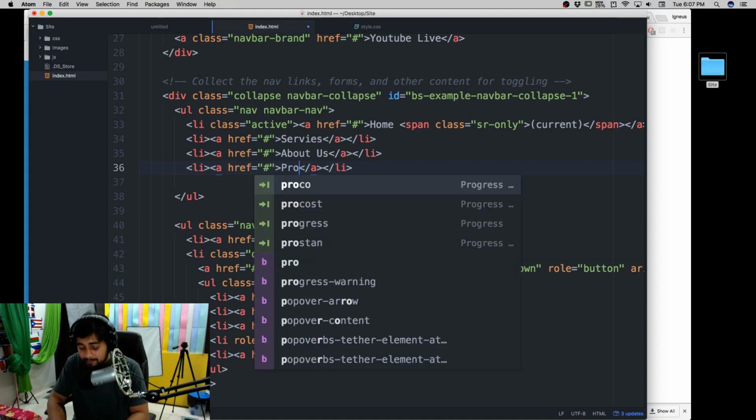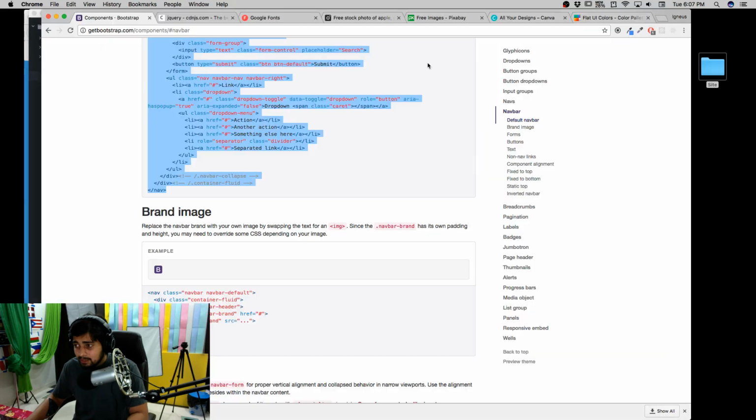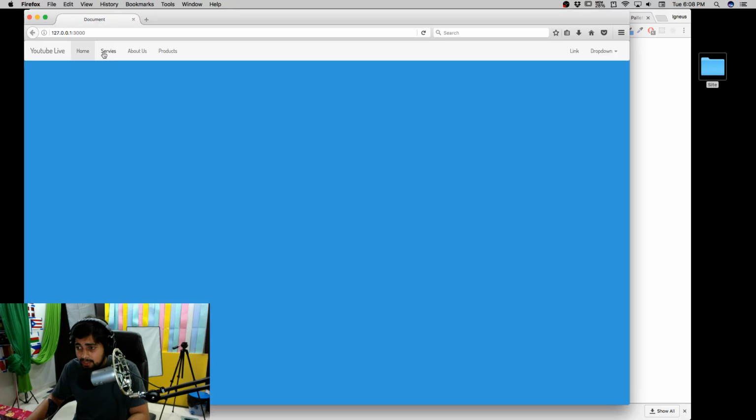In case you need a drop down there, you can anytime go back to this guy and copy a drop down there, UL, and this is the drop down. You can just go for this is action, another action, something else, and all these. So I hope you understand that as well. Let's just save that, and notice this is going good. By the way, I like this color. In case you don't like this, again, notice in the drop down you've got actions and everything.